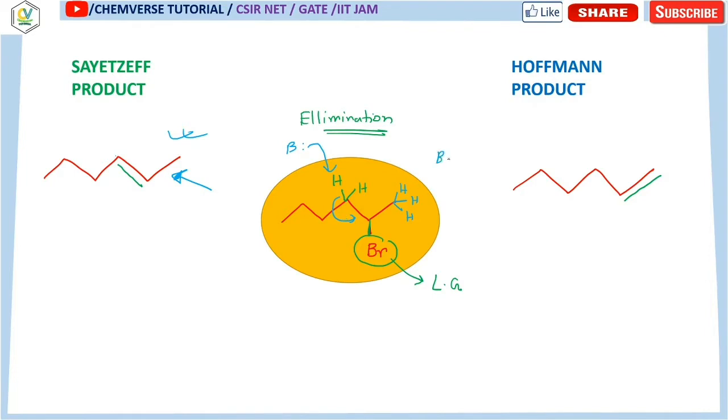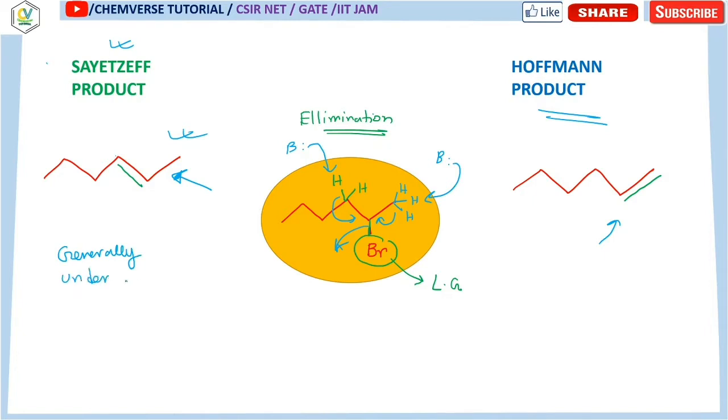And if base abstracts a proton from the right side, then there will be a bond in this way and bromine will be removed. So in this case, a terminal alkene will be produced. This terminal alkene over here is a Hofmann product. Clear? Now the point is when the Hofmann product will form and when the Saytzeff product will form. Generally what we see, generally